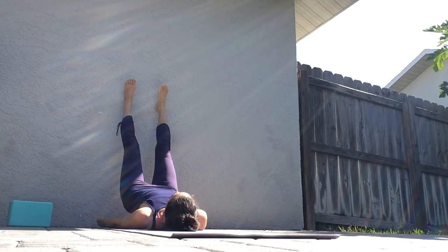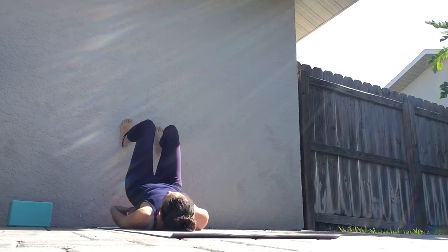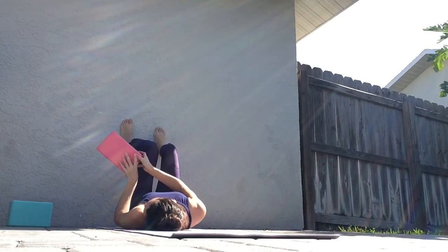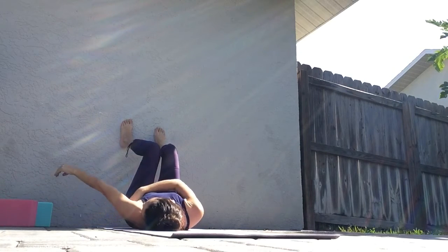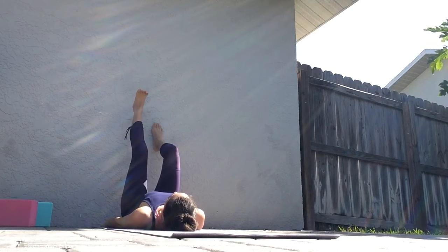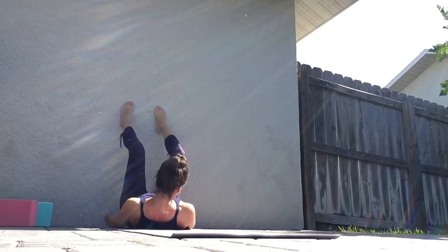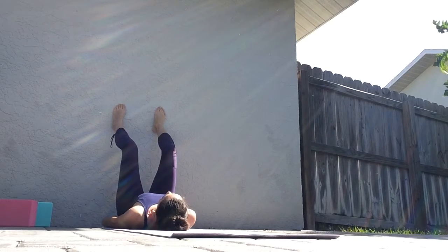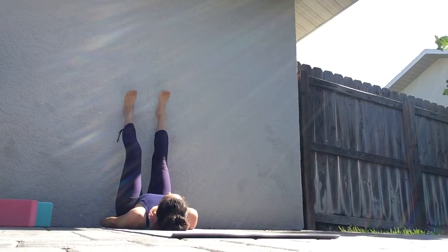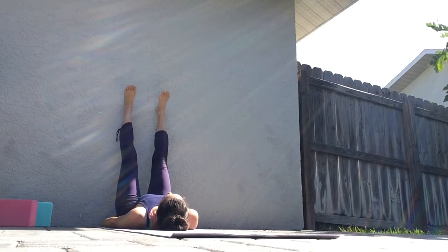So you'll have to wiggle your seat close to the wall and then rest your heels against the wall and check with yourself how that feels. You might have to adjust and wiggle your seat further away from the wall or a little bit closer. So take a moment to see what works best. And whenever you're ready,